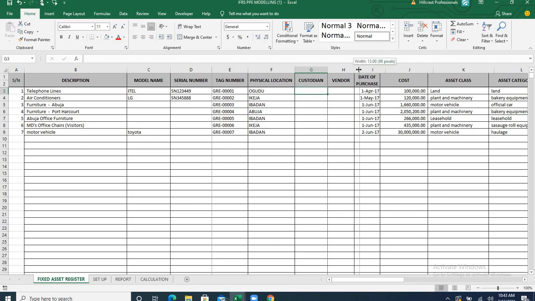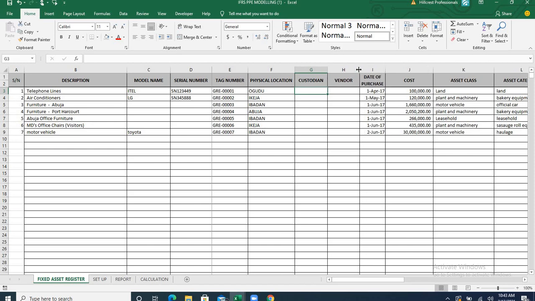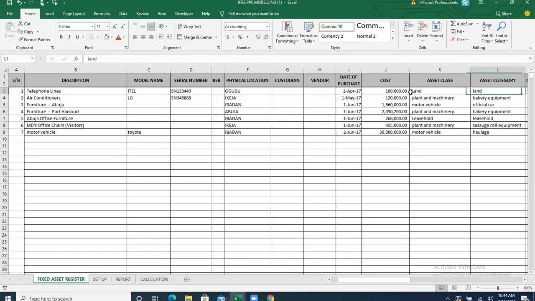Now this is important in case you want to refer back in terms of maintenance and after sales support, just to have the name of the organization the equipment was purchased from. Then you can go back to your records and call up the particular vendor in case you need to do maintenance on that asset. So the date of purchase of the asset is listed here. This is the date of purchase of the asset price, then the asset